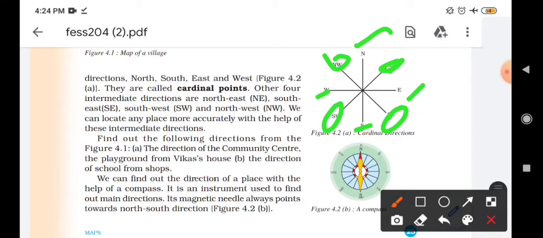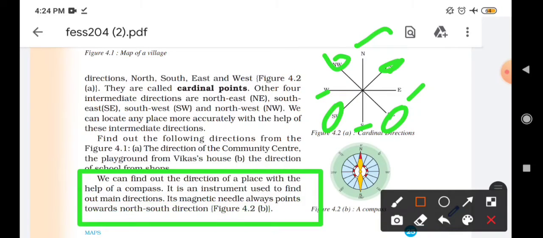We locate any place more accurately with the help of intermediate directions, and we can also find out the direction of a place with the help of a compass. A compass is an instrument to find out the main directions, and its magnetic needle always points towards the north-south direction.